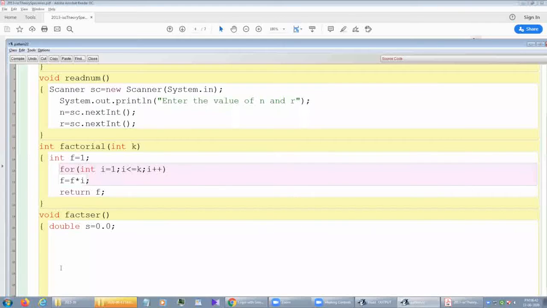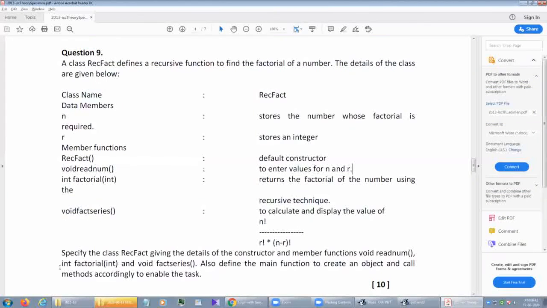So first we need to do one thing. This one, n minus r factorial. When can we do it? When the value of n is greater than r, then only we are able to do it.